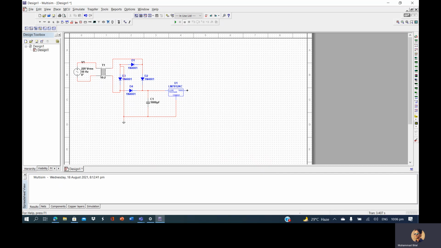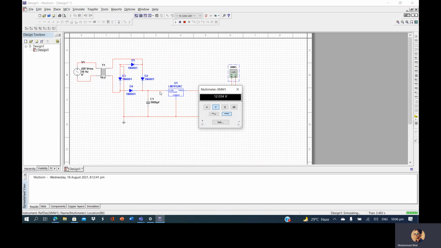We can simply check it with the multimeter. We connect the positive terminal to the output and the negative to the ground, and we simply run it, and we can see that it is giving 12 volts on the output.